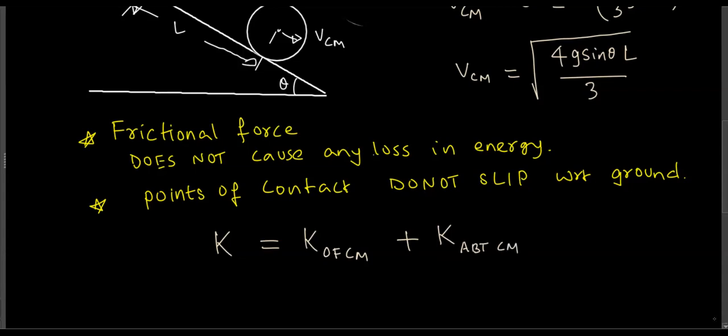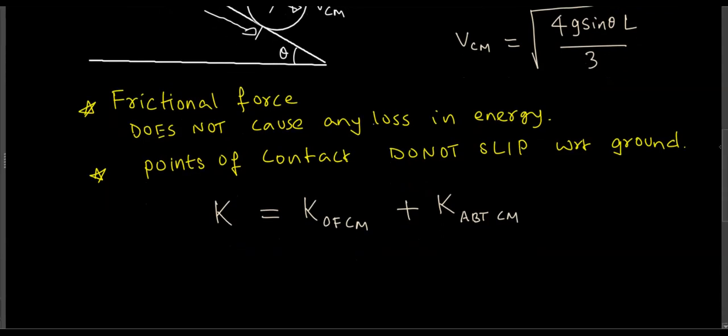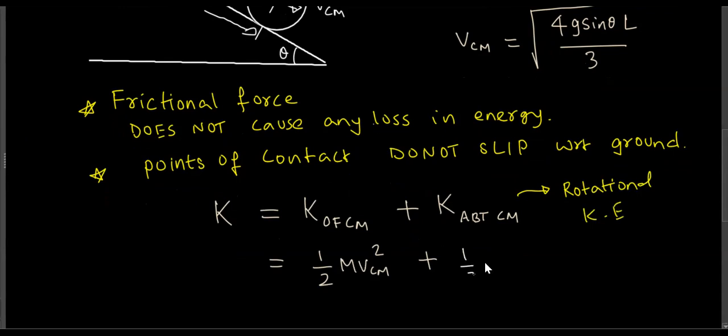Now, kinetic energy of center of mass is half m v_cm square. Kinetic energy about center of mass is this rotational kinetic energy. Like I said, you're an observer moving with the center of the disk, and then you only see rotational energy, right? So this is rotational kinetic energy. Wherever you have mass, you will end up having moment of inertia. Wherever you have v_cm, you will end up having omega. You see this? Are you okay?